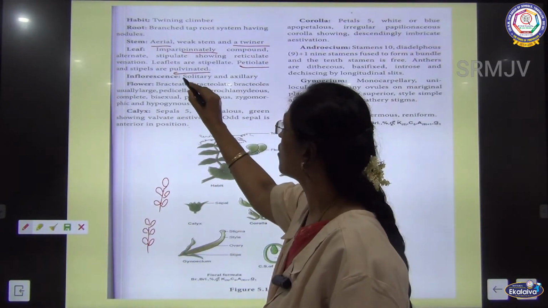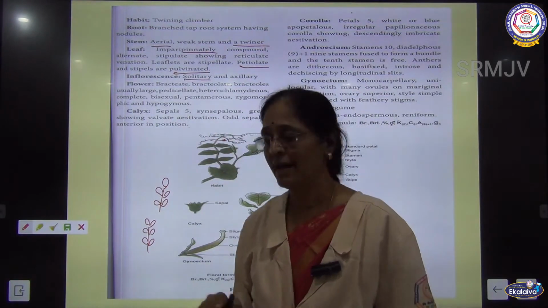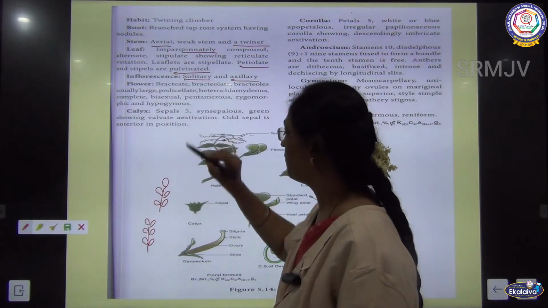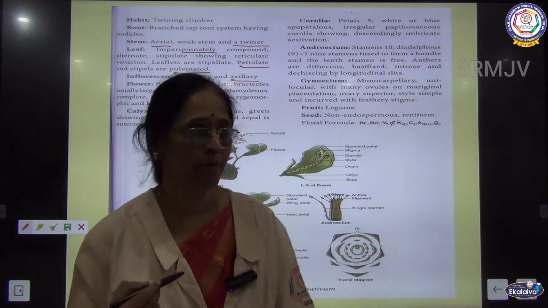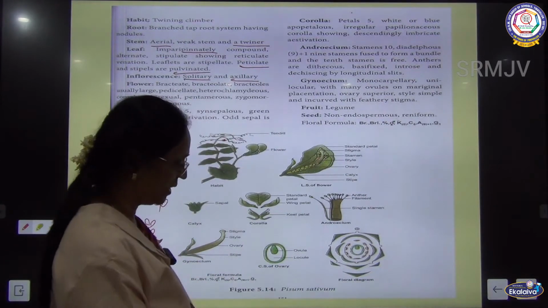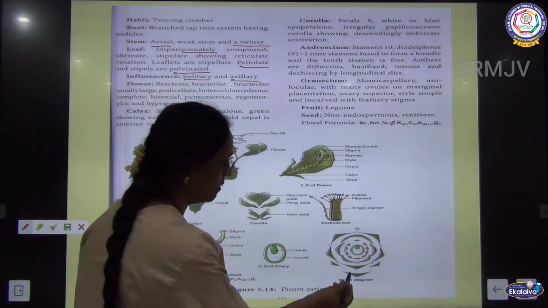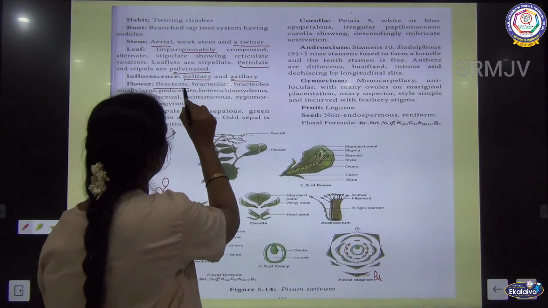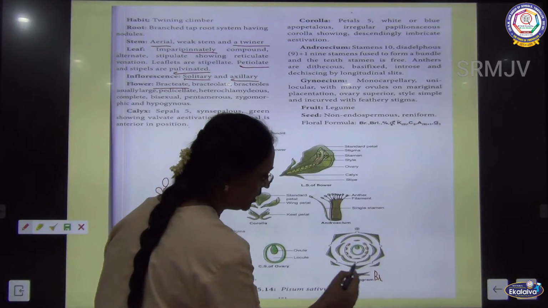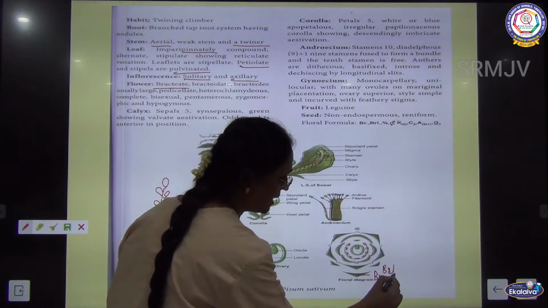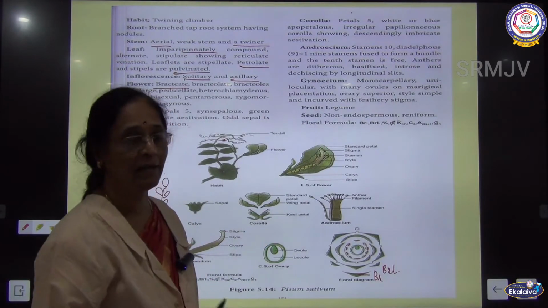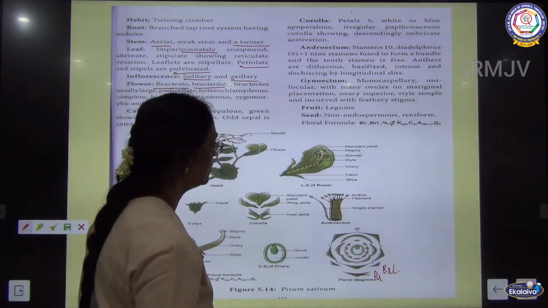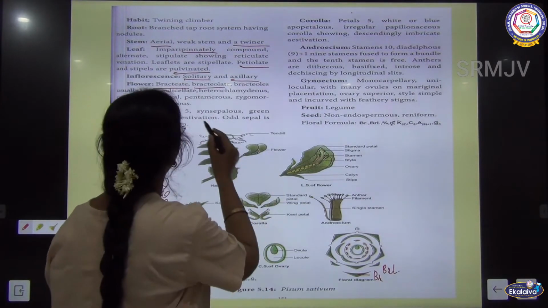And inflorescence, when you talk about it, they are single, solitary, and they are there at the axil, so you call it axillary. And the flower, again when you talk about the flower, you can see it with the floral diagram or with the floral formula. You will find this as bracteate. They have bracteoles, which you represent with BRL. So it is a bracteolate flower. And then usually they are very large and they have a stalk, so you call it pedicellate.